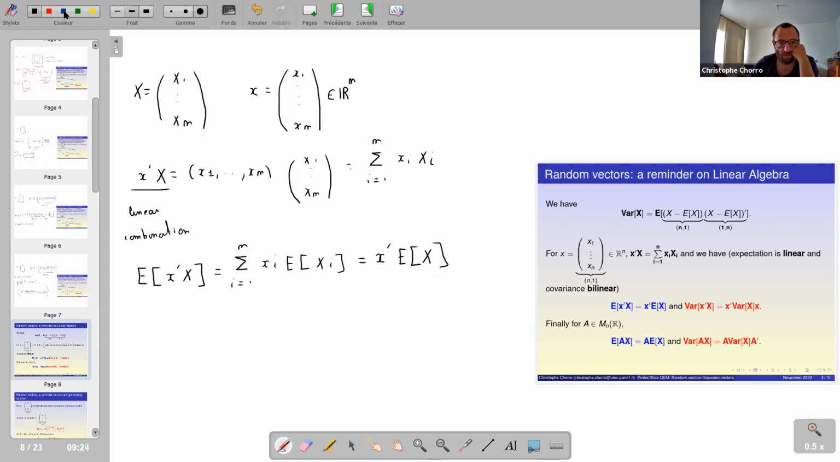So this relation here in blue is just the one that, in our framework, underlines the fact that the expectation is linear. And so I have a consequence when I do linear combinations of components of this vector in terms of expectation. So nothing new, in fact, just writing the things using matrices instead of doing scalar products or sums. For the variance,